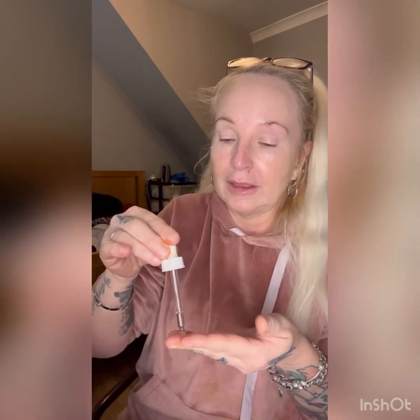I only put this around my eye area and the fine lines. Wherever I've got fine lines, I basically put this. It's quite thick, so I just tend to put it there where I've got fine lines, under the eye, again this side, just under the eye,